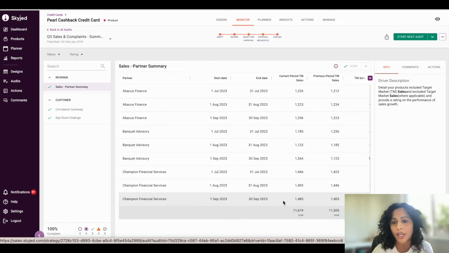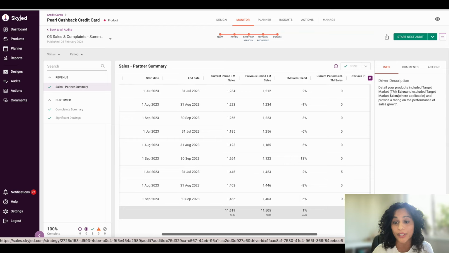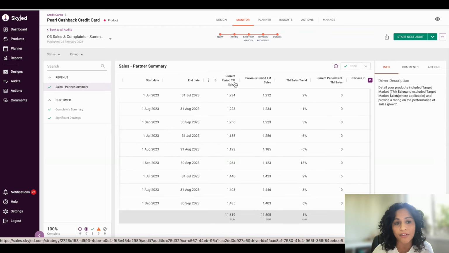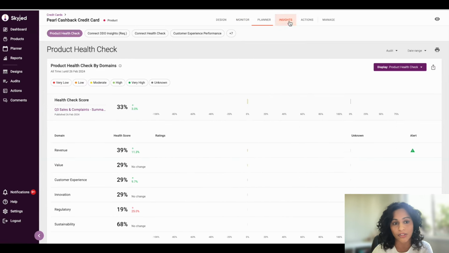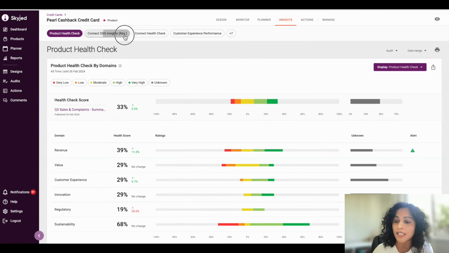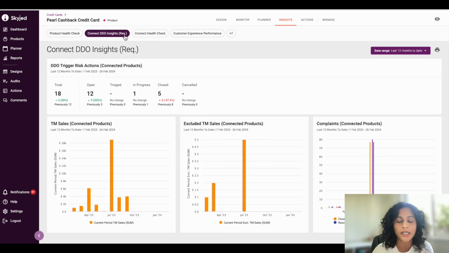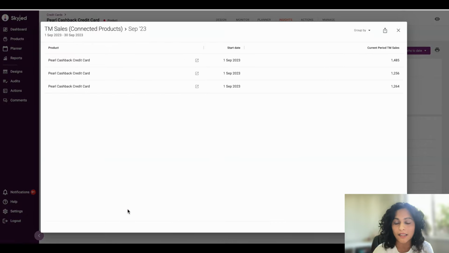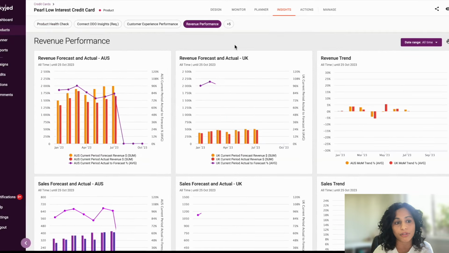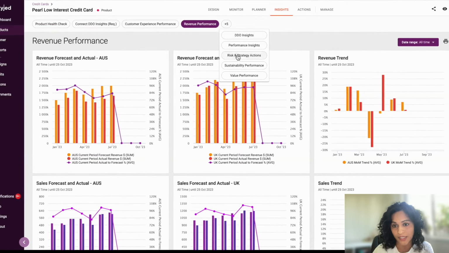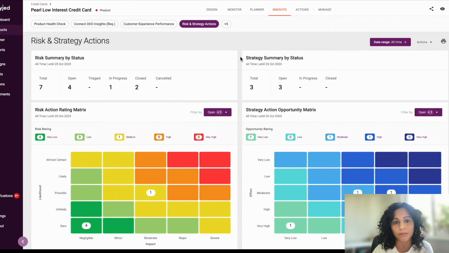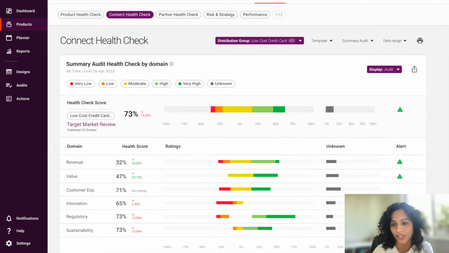Here I'm sharing a collated view of data received from my distribution group and what it can look like. I can view the sales of my product, compare against previous reporting periods, look at the percentages and sums with calculations done in Skyjed. And as this data comes direct from the source, the data is accurate and reliable to make those performance improvements. And to analyze the data coming in, making data-driven decisions using Skyjed's reporting, you can drill down on metrics and export for stakeholder reporting. And our clients are saving more than 90% of time spent on number crunching and spreadsheets.